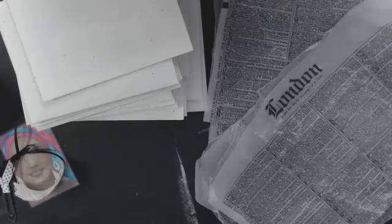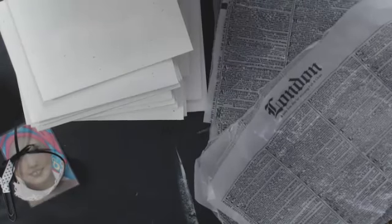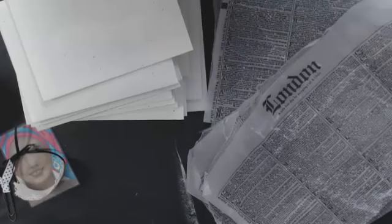Now I need a little piece of tape. All right, hang on, guys. Let me fix this up here. Oh my gosh, I love it. Wait for it. All right, let me. Come on, scissors, cut. There we go. So now,